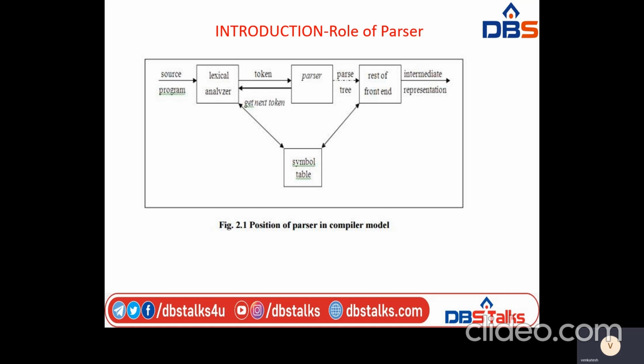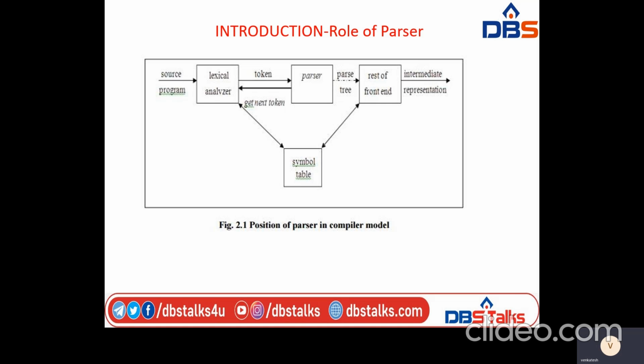The major task of the parser is to check whether the tokens are following the grammar of the language or not. For example, if you take the C language, it has some grammar, that means some syntax. If the tokens are not following the grammar of the language, then it generates error messages. The corresponding error messages are reported to the user. It is the duty of the user to correct the errors. If the tokens are following the grammar of the language, then it generates a parse tree. Then the parse tree is given as input to the semantic analysis.